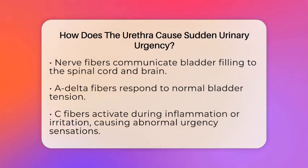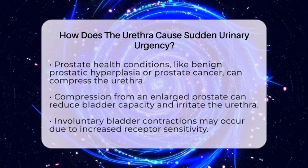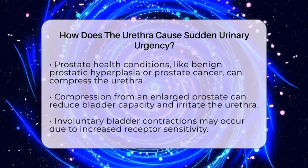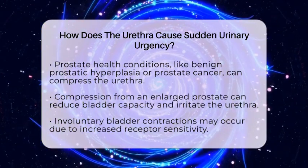urgency. In conditions related to prostate health, such as benign prostatic hyperplasia or prostate cancer, the urethra can be compressed or irritated by an enlarged or inflamed prostate gland. This compression can reduce the bladder's capacity and irritate the urethral lining, increasing receptor sensitivity. As a result, involuntary bladder contractions may occur, leading to a strong urge to urinate, even when the bladder is